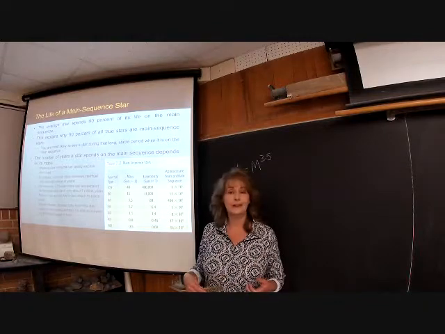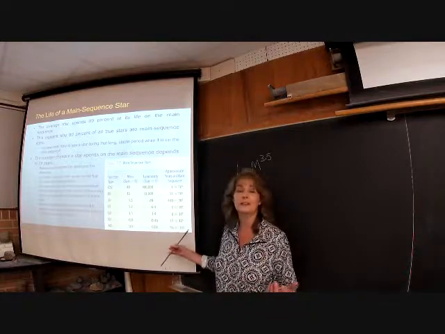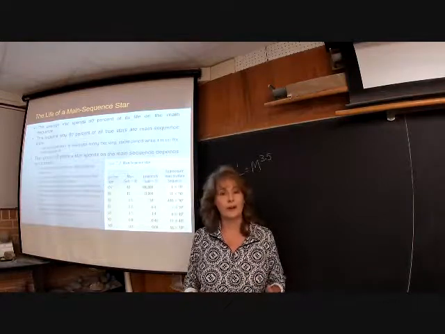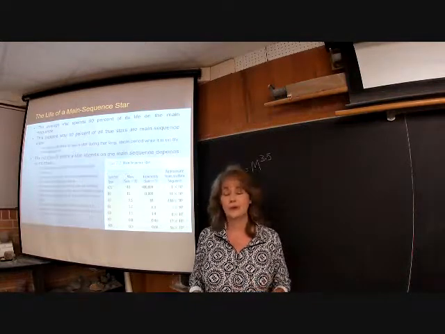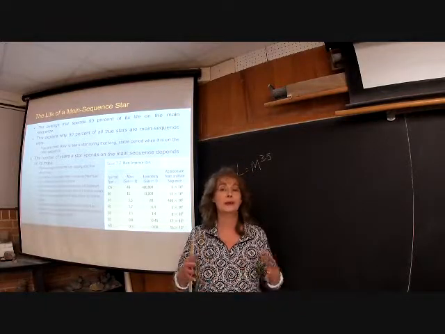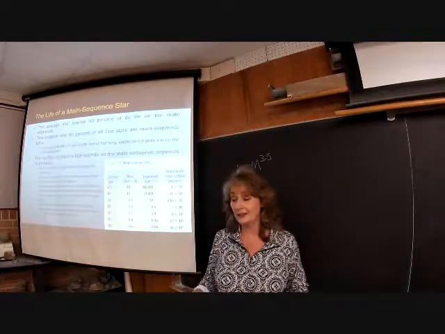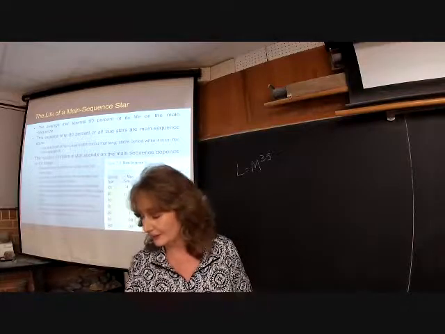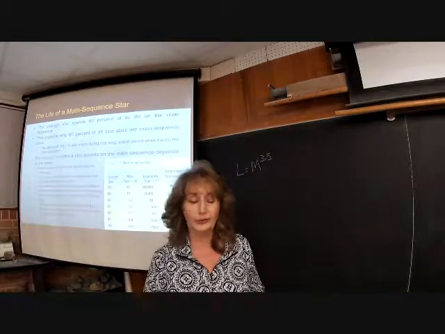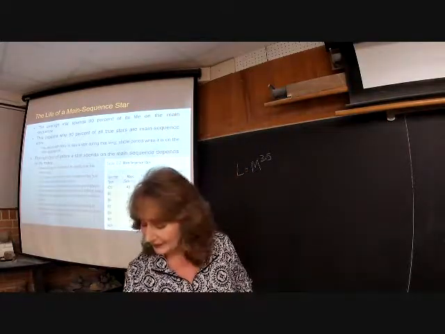Because we're going to learn that the universe is only 14 billion years old. So if they can live 56 billion years, none of them have died yet. And so those little red dwarfs, the low-mass ones, are thought to be the most common stars, because they don't have so much mass and pressure to try to balance. So they just slowly go through their fuel and can live on for billions and billions of years. So the higher mass ones live shorter lives because they're going to go through that fuel a lot more rapidly.